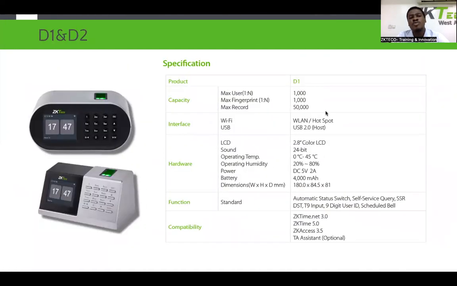So I'm also going to move to the D1, D2. The D1, D2 is also a standalone. It is a tabletop device. So these are tabletop devices, just like the LX17. The LX17 is a device that